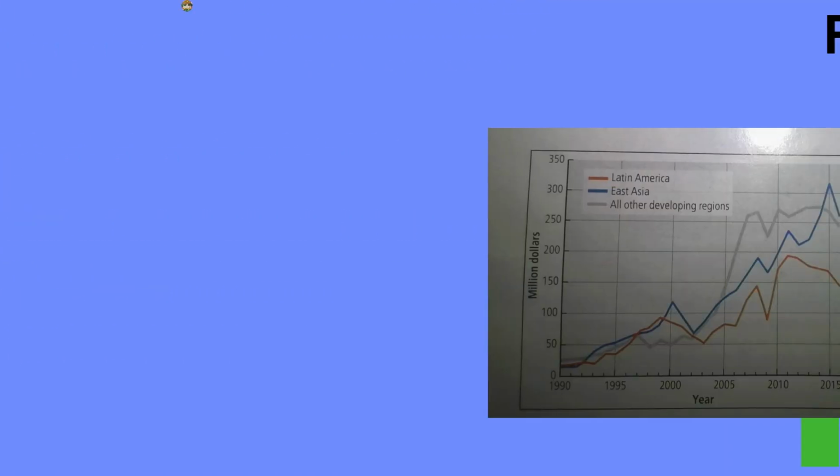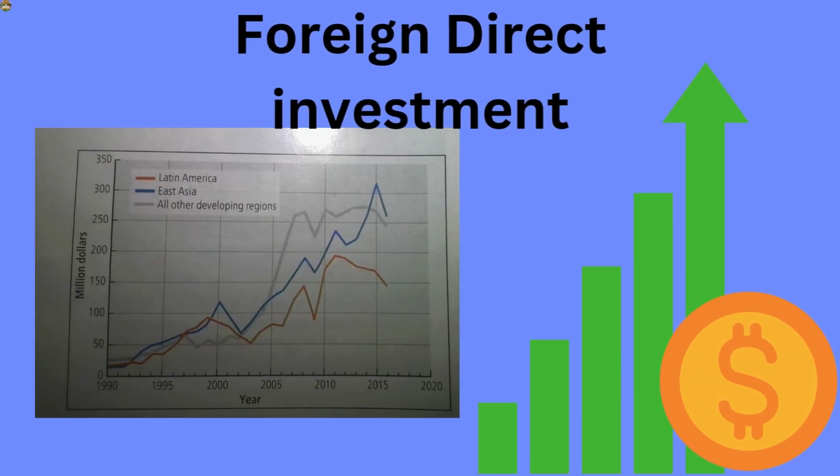In order for international trade to work, corporations that are based in certain countries are required to make investments into other countries. This is known as foreign direct investment, or FDI. FDI has grown from $172 billion in 2002 to $646 billion in 2016.